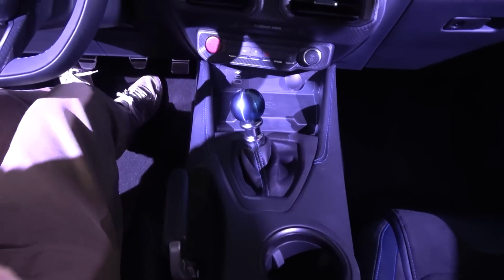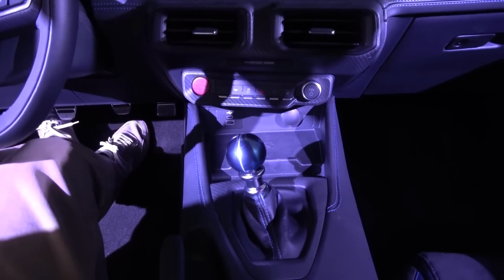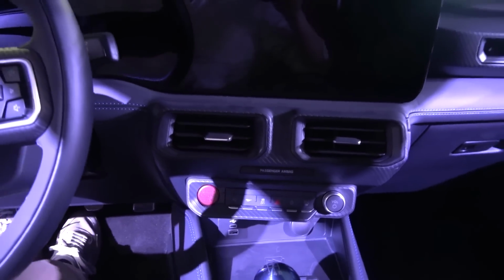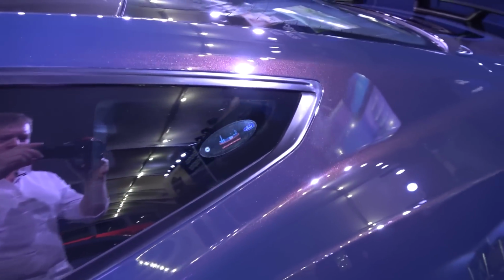here in the center, very familiar central console, but this new Tremec gearbox is specific to the Dark Horse. The red start-stop engine button positioned just there in the central console. We can take basically a first look at this today. Things like the engine bay will still have to await for the future, but this flare from the paint is